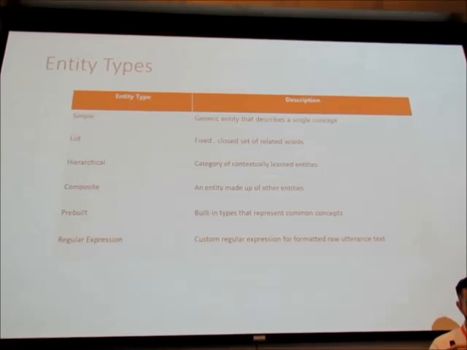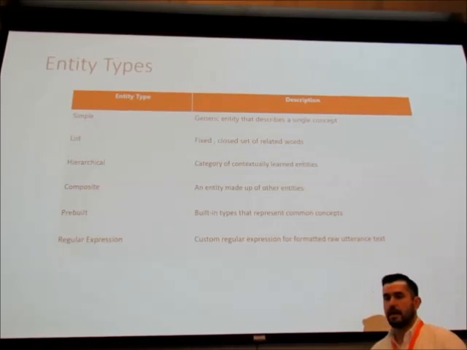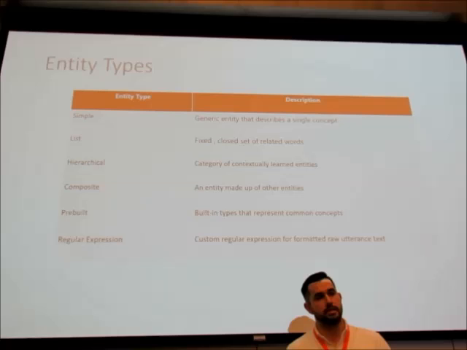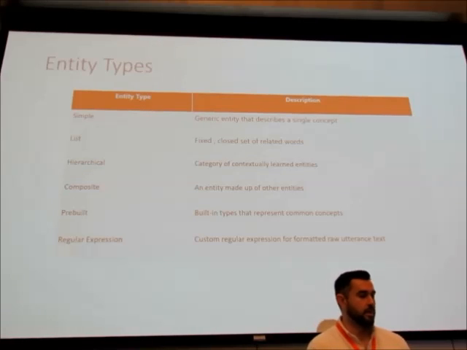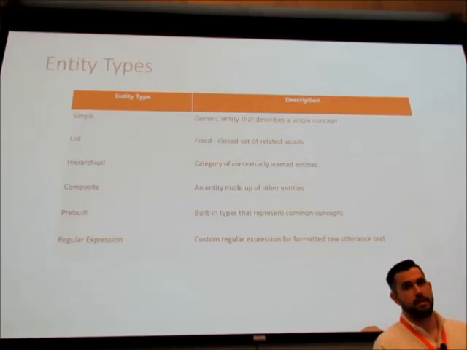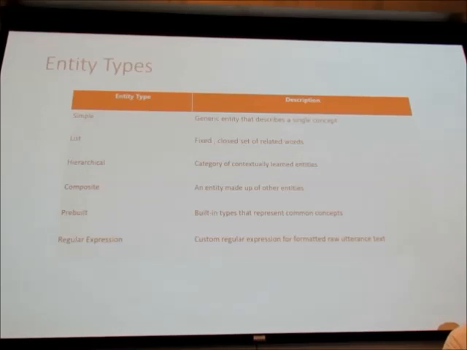So every time one of those exact texts comes in, it would match with our list entity. We have hierarchical, which is a kind of parent-child relationship. These are good for, let's say we had a travel class. So we had business class, middle class, and economy, or premium economy and economy. We could say, while we understand that these children classes are different, they all represent the same thing to our application or to our model. So that would be a good idea of a hierarchical entity type.